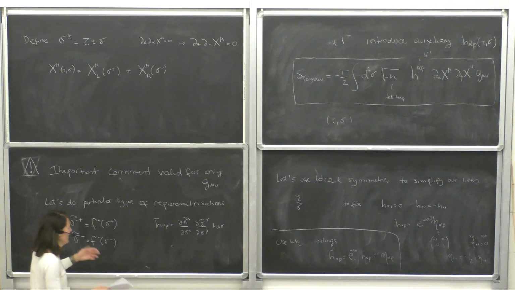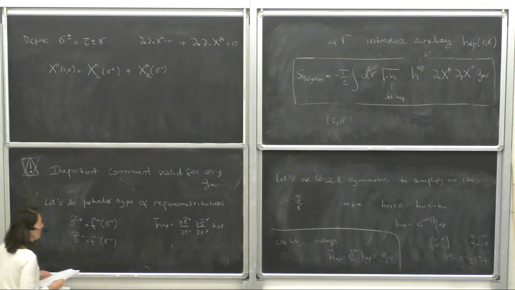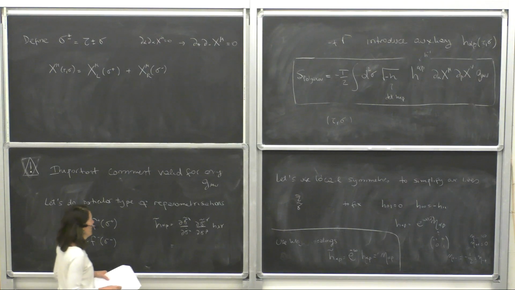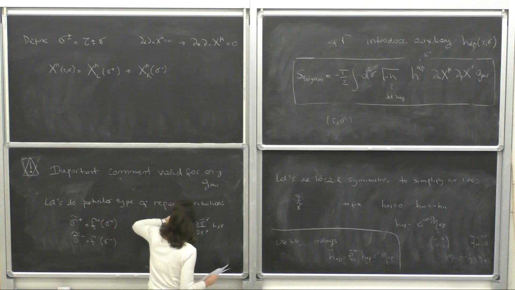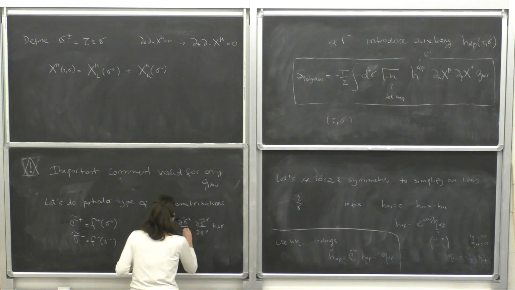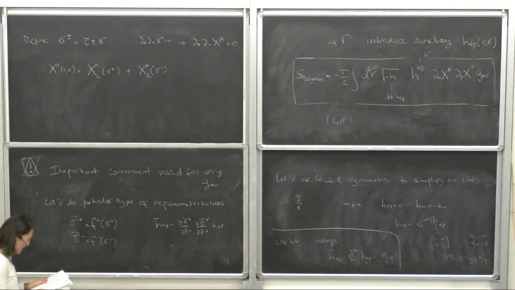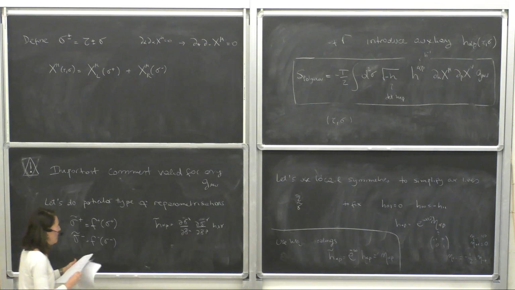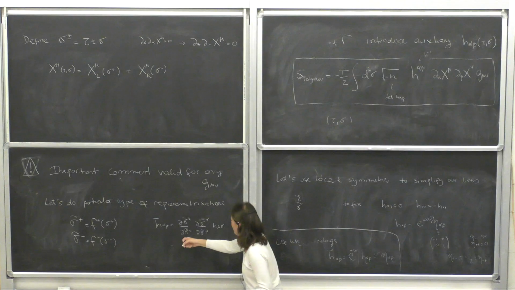It doesn't matter, of course it matters, but not for the arguments I'm going to make. In my notes I have it the other way around. Anyway, the point is that the inverse of this is